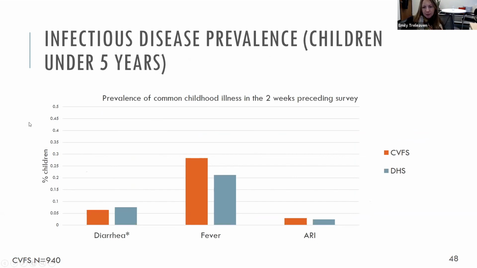Turning to infectious disease prevalence, this is comparing just children under 5. So we'll see slightly different numbers from what I reported before. And then note that this axis only goes to 50%. We see similar rates of diarrhea, although our 2016 instrument defined diarrhea as 4 loose stools in 24 hours, while DHS defines it as 3. So there may be some slight differences in reporting due to that. We see a higher incidence of fever. I'm not sure why, though both data collections spanned about 8 to 10 months, so that should sort of cancel out any seasonality effects. And then similar rates of acute respiratory infection.